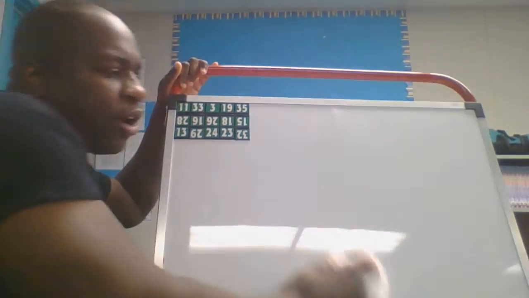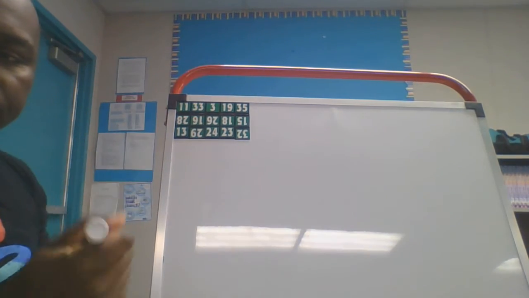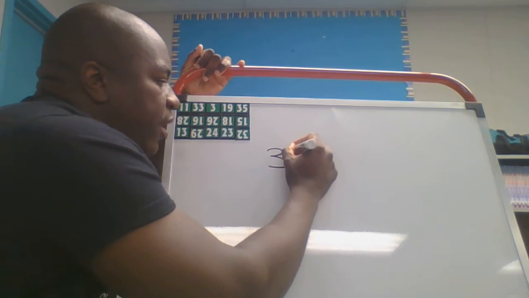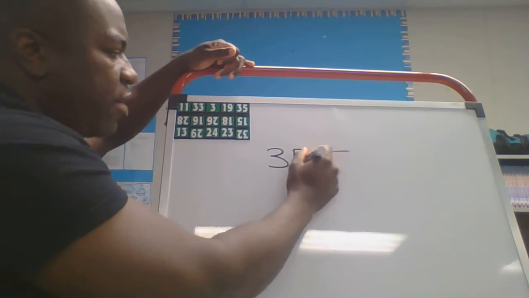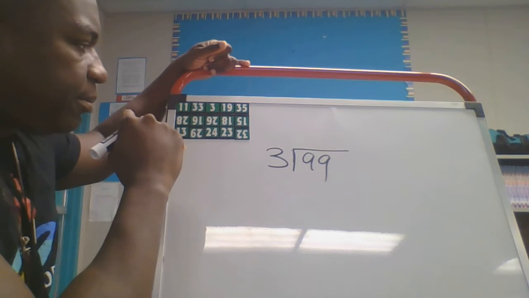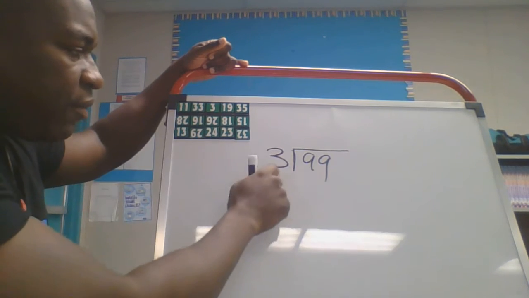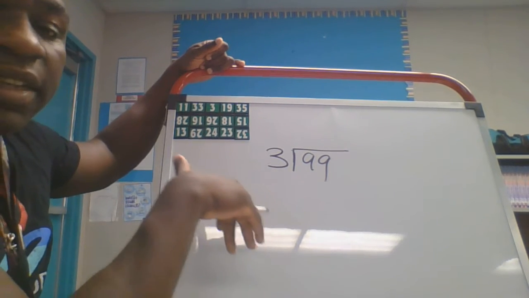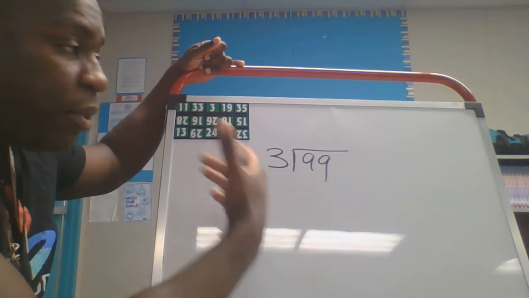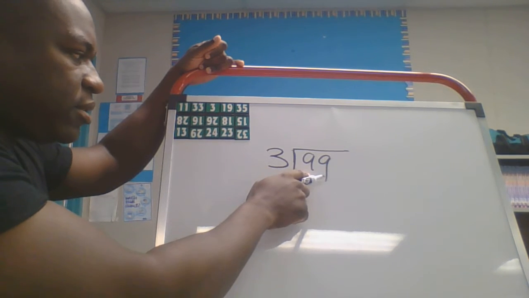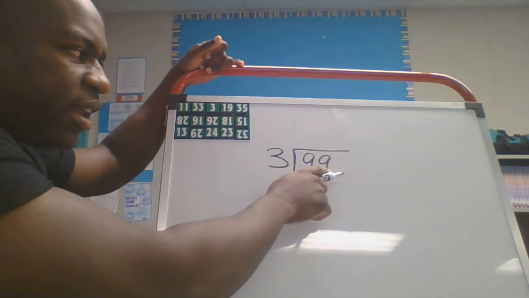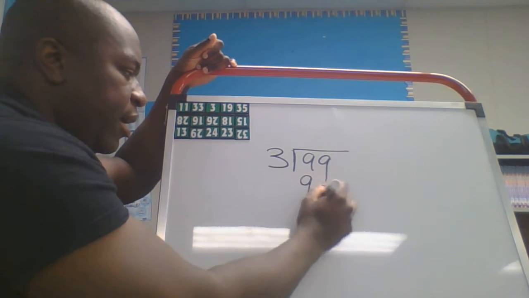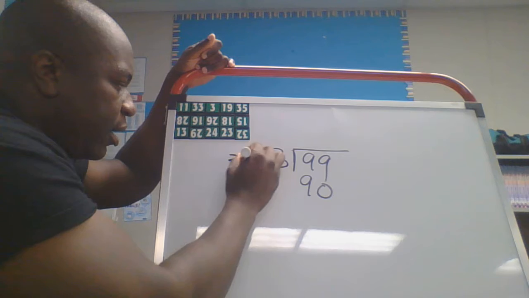So for example, let's look at the same problem we're using. If we have 3 as our divisor, and 99 as our dividend, 99 divided by 3, I could go 10, 10, 10 like I did last time, but I know that 3 times 3 gives me 9, right? And it's 90, so I know I can just multiply by 30 and put 90 here, right? And if you want to check that, 30 times 3,